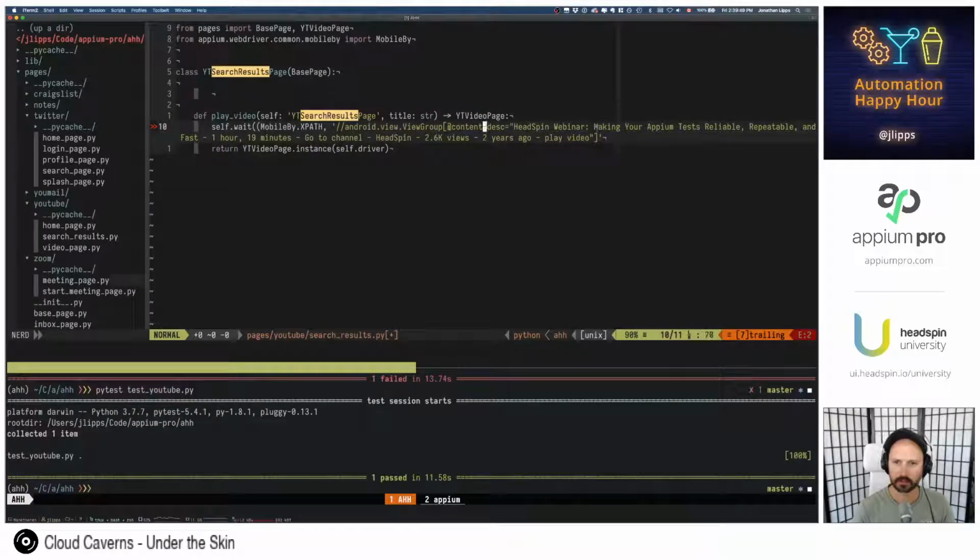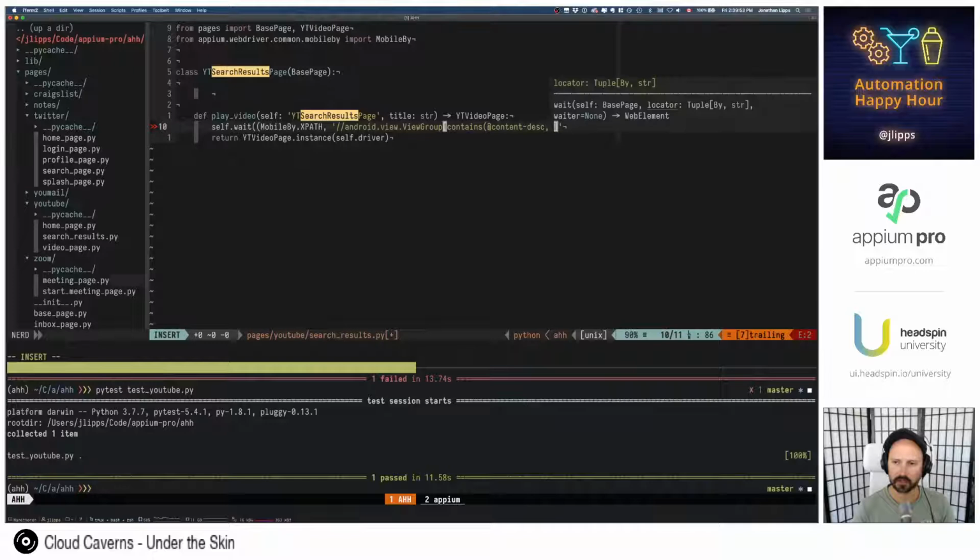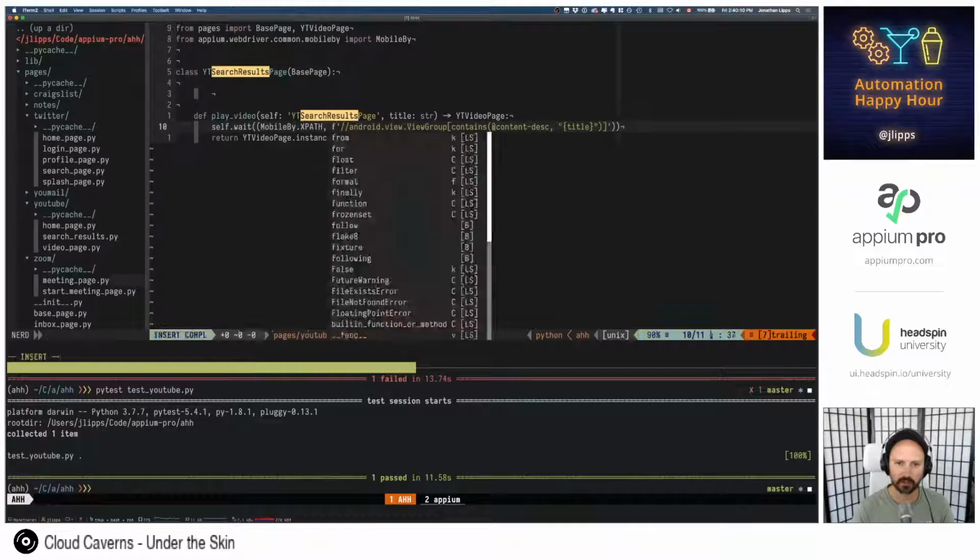It's going to start out like this, but instead of equals, we're going to do contains content description, and it needs to contain whatever title we sent in, and we're not going to bother escaping that at the moment. Just trust that everyone is going to do the right thing. And this needs to be format string.